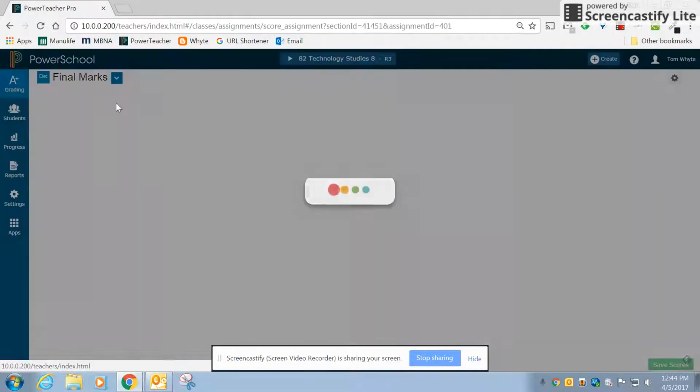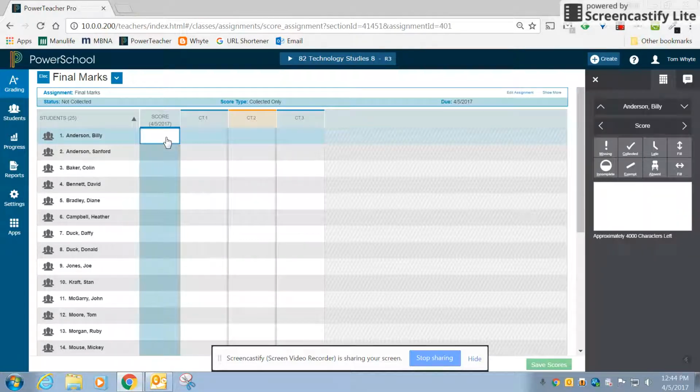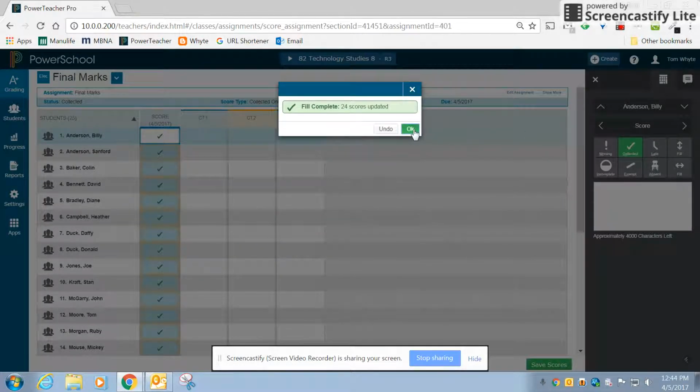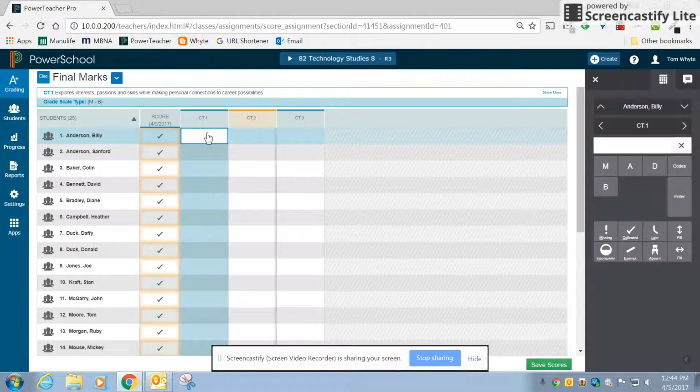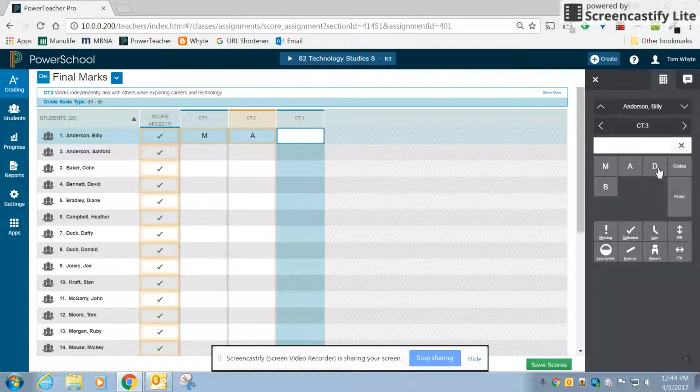So now we're going to go into the assignment, and you will notice that there is a score column and the 3 individual categories or standards that we have put in. Underneath score, hit the collected button, then hit fill down. Then for your first outcome, whatever you believe the student has received. So for this student, I'm going to select an M. This student, now I'm going to select an A, and now I'm going to select a D. Once I save the scores,